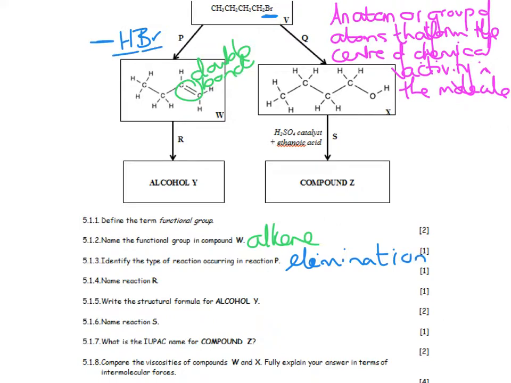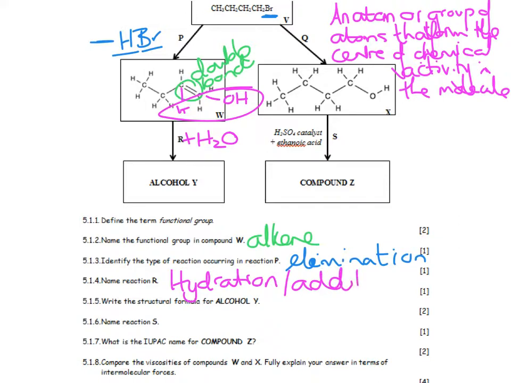Dehydrohalogenation. Name reaction R, where I am taking that double bond and I am obviously going to create an alcohol, so I'm going to add a hydrogen on there and I'm going to add an OH on there. So in total, what have I added onto there? I have added a water, which is a hydration. I would have accepted addition. I suppose I should just write dehydrohalogenation